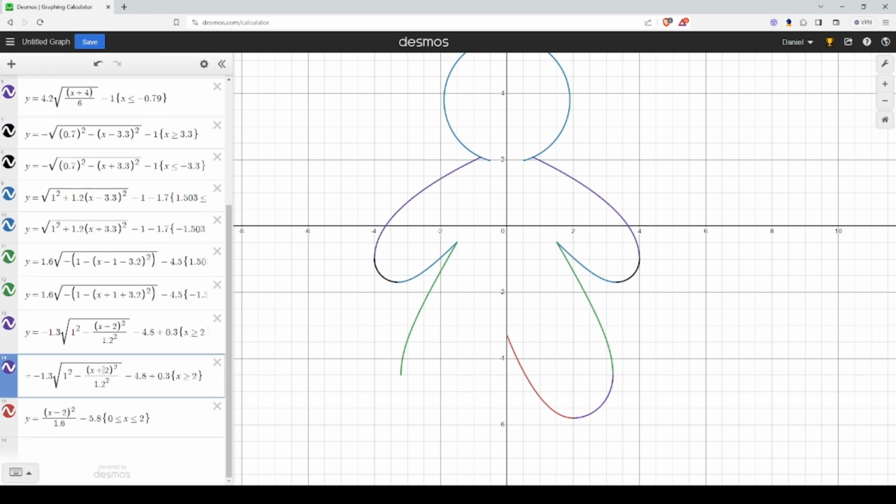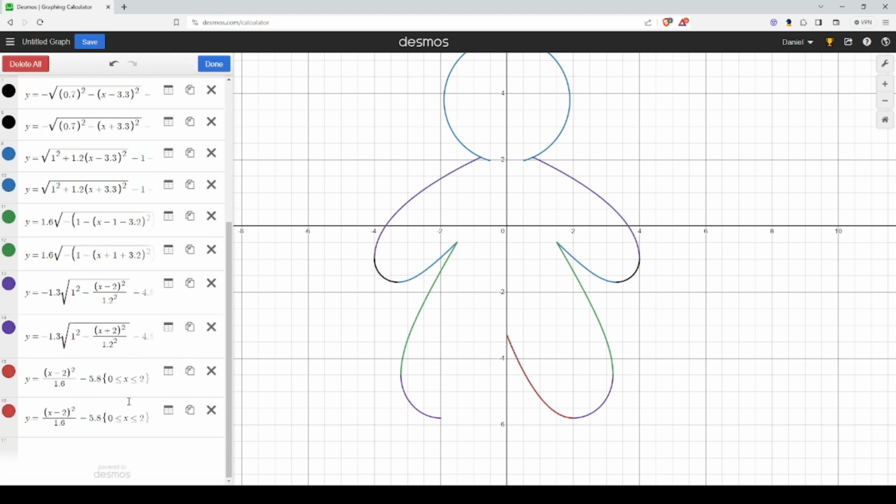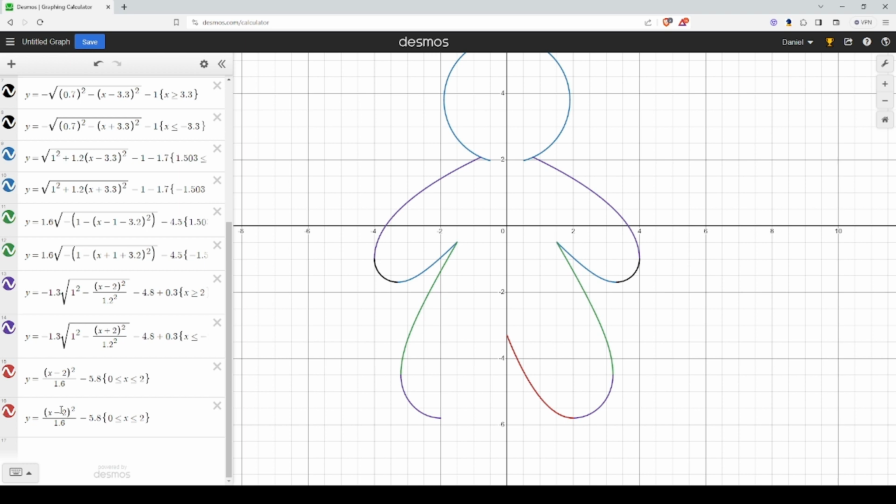Also move this over the other way, and we will do the same thing. And for the one that I couldn't seem to get right a moment ago,